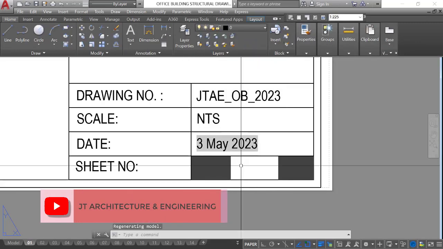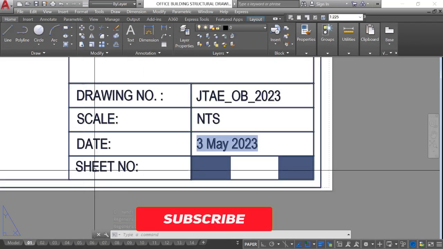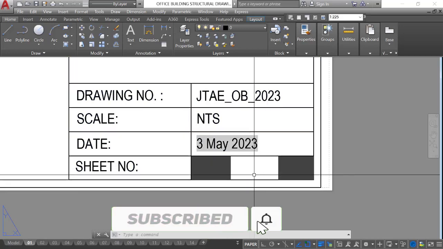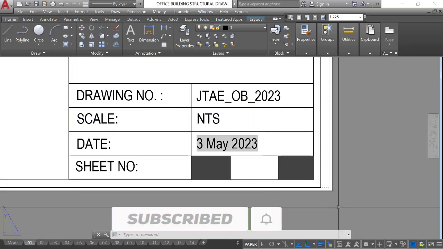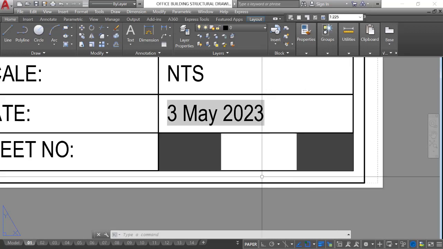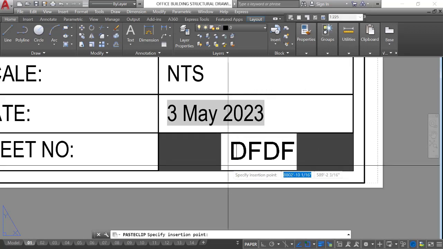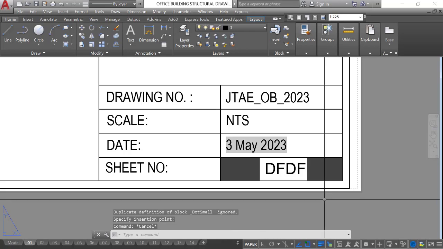Now we will use a sheet number on the layout page. Use any kind of text.